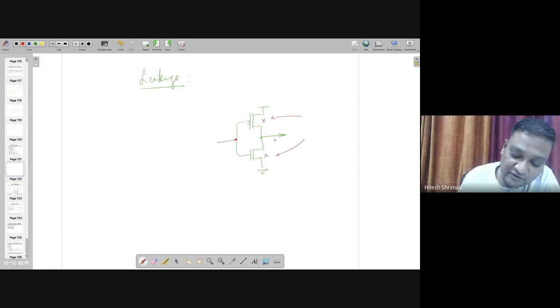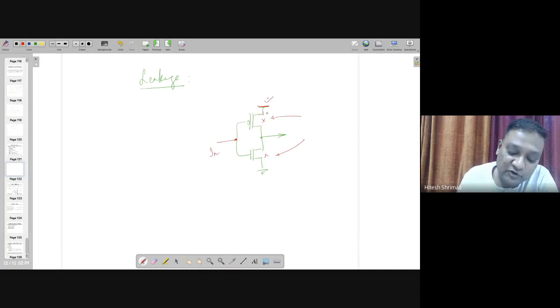By the way, for such a condition, you need to create maybe one more transistor in parallel of this one, just to make sure that these transistors are turned off. By input, you can't do that. So to make both the transistors off, you need to make sure that VDD is connected, this is connected, but these two transistors are off by some other transistor in parallel or maybe in series.